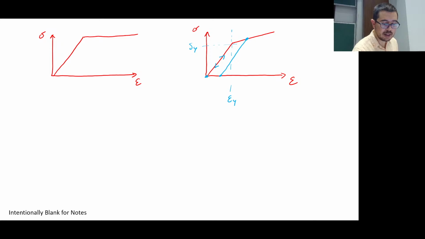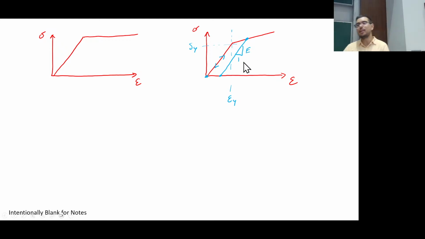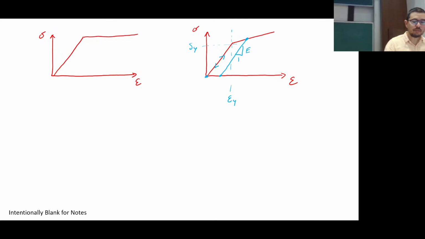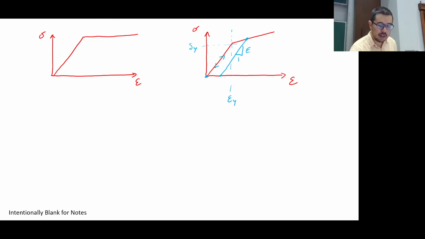It doesn't seem to forget that. And it goes down, down, down, and this has the same slope. I know it's a little bad to write E and 1, because we're never going out 1, but just so you get an idea, that's the slope. And it will return not to its original state, but to a state that has a residual strain